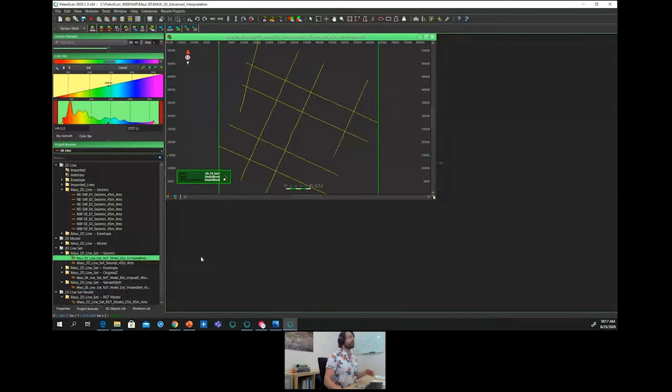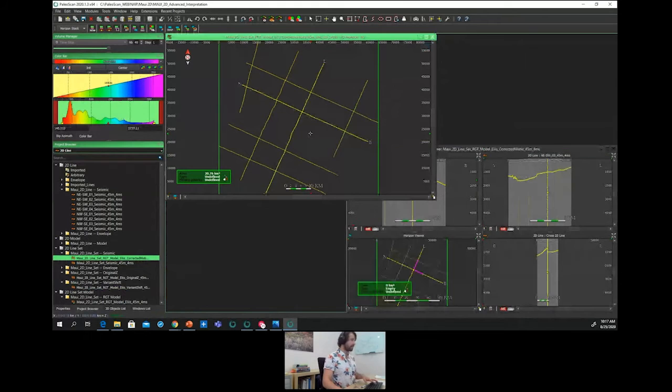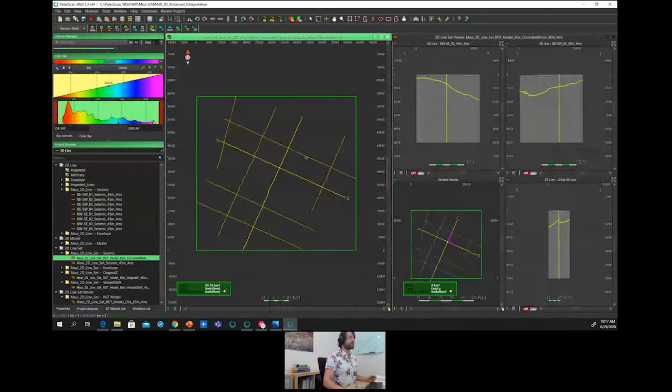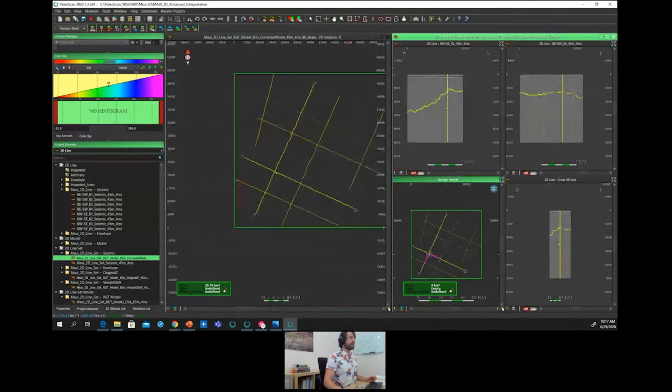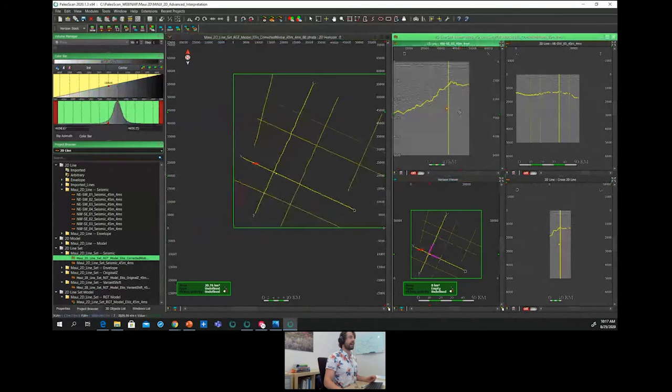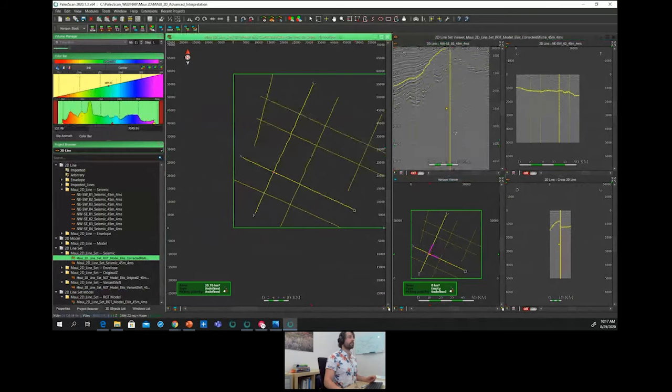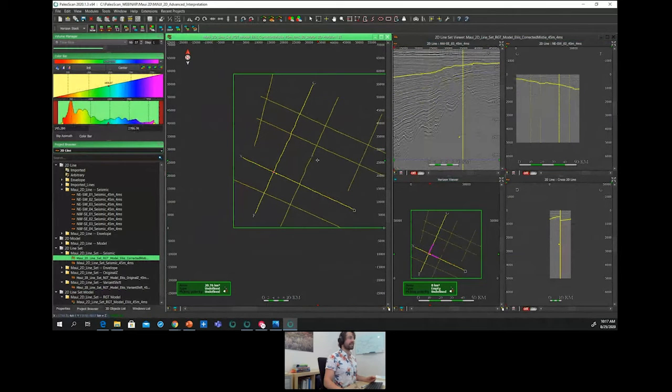So I will open the 2D line set with the seismic data and the created mistie, like this. So I just have to use the mouse wheel in order to scroll within my 2D line set. And by doing this, I am simply scanning, thanks to this stratal slicing, the seismic data.